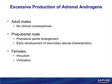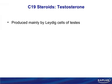Because all sebaceous glands have testosterone receptors on them. So since sebaceous glands have testosterone receptors on them, it is very easy to get acne when you have excess androgenization and virilization. Remember, 19-carbon steroids is the same thing as saying androgens, and when you have testosterone in the gonads,